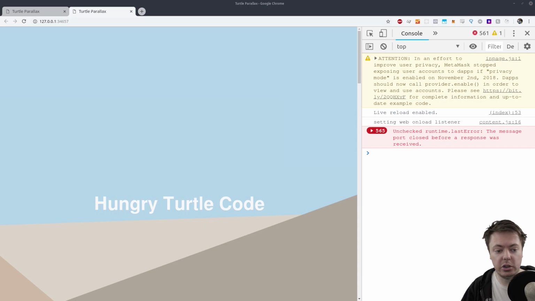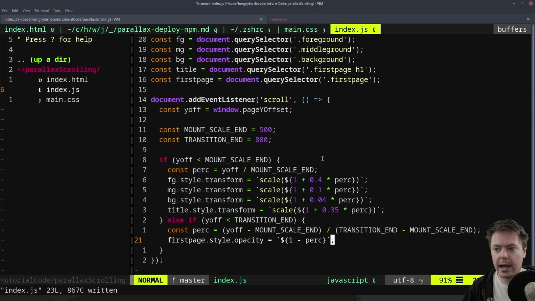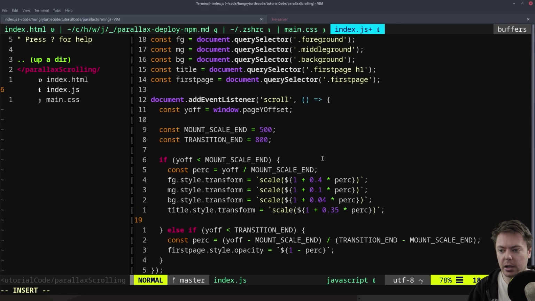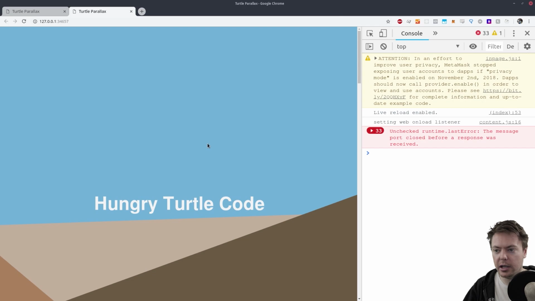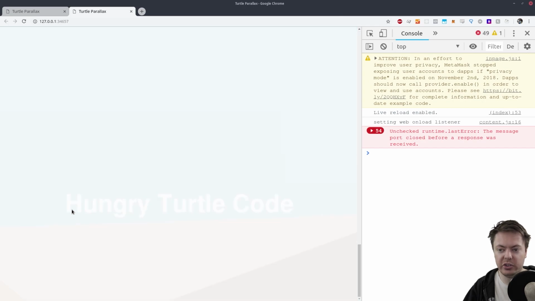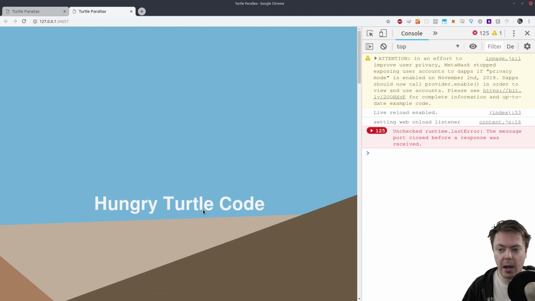So to fix this issue, we will add in this first section here, we'll say first page dot style dot opacity equals 1. So now if we save that and come into the browser, and if we scroll fast down, we still have this problem because we need to reset it to 0 when we're past it, and we'll do that when we create the next section. But now if we scroll really quickly upwards, we still end up with an opacity of